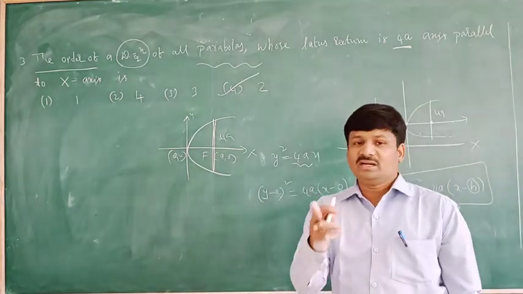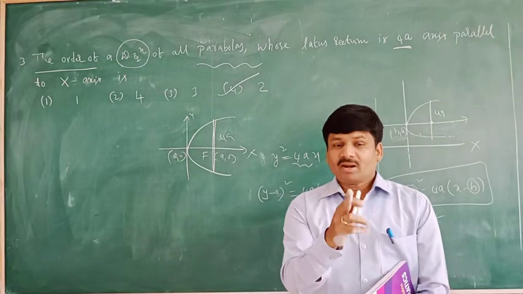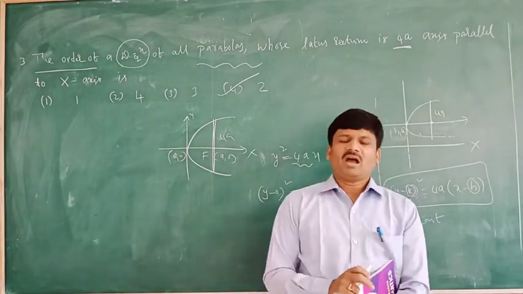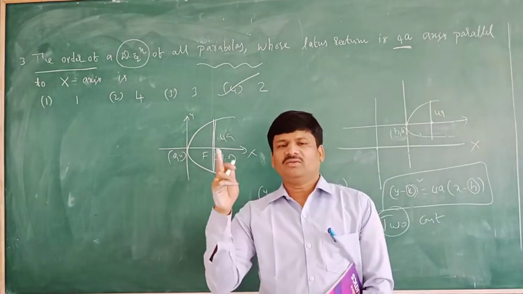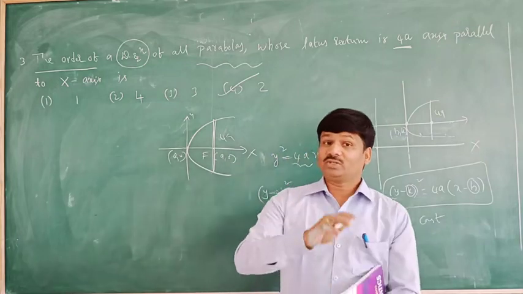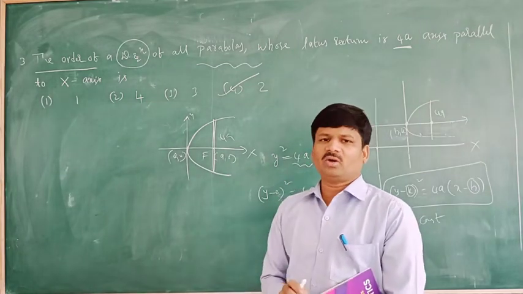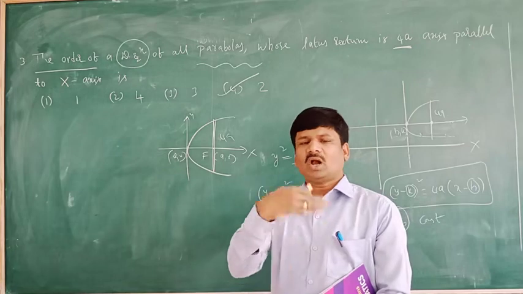Understand? We already discussed it. What we discussed: the number of arbitrary constants is equal to the order of the differential equation. Yesterday we solved one question also. Do you remember? In that question, there were 5 arbitrary constants, and after simplification you got 3 only. So what is the order of the differential equation? 3 you got.